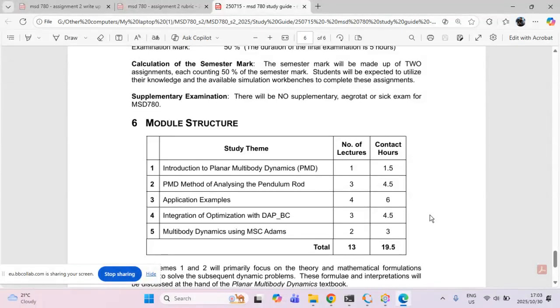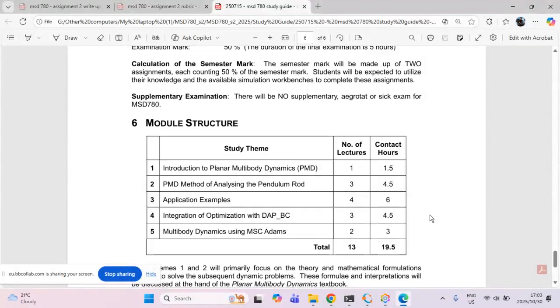We then took it one step further and we jumped into study theme 3, which then focused on application examples. And in that case, we now started to expand on the number of bodies that we have in the system, but we also considered our compliance elements, springs and dampers. This was then done through the use of suspension systems. So we looked at the McPherson suspension system, the double A-arm or wishbone suspension system, and that gave us a good idea of how we can start looking at sort of quarter car models or vehicle dynamics